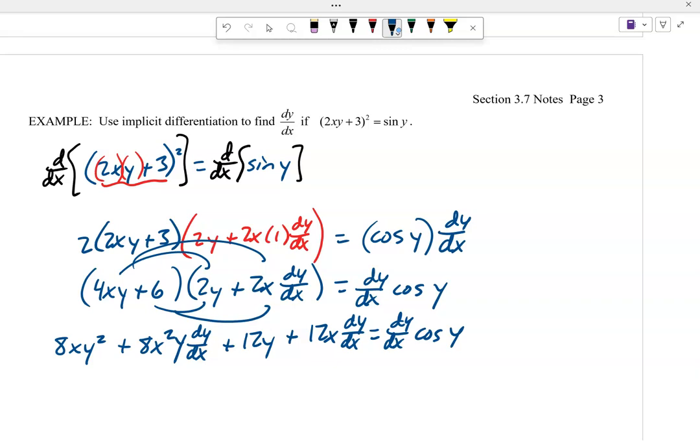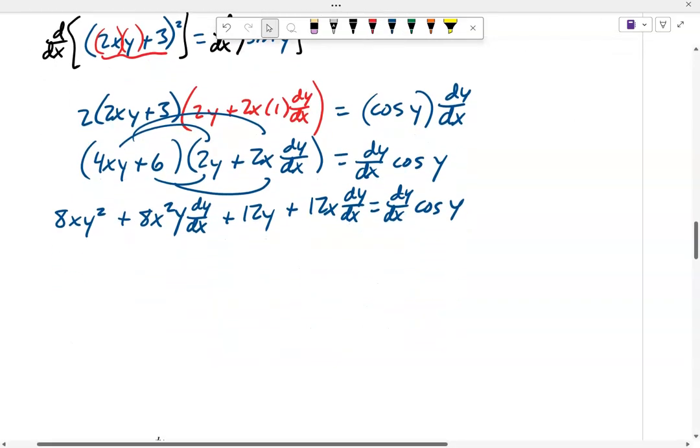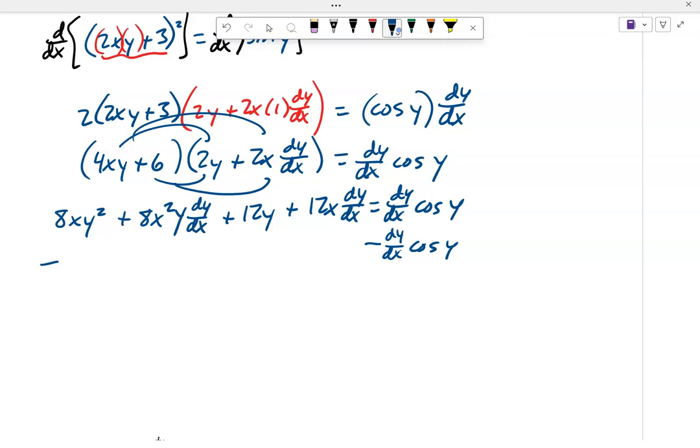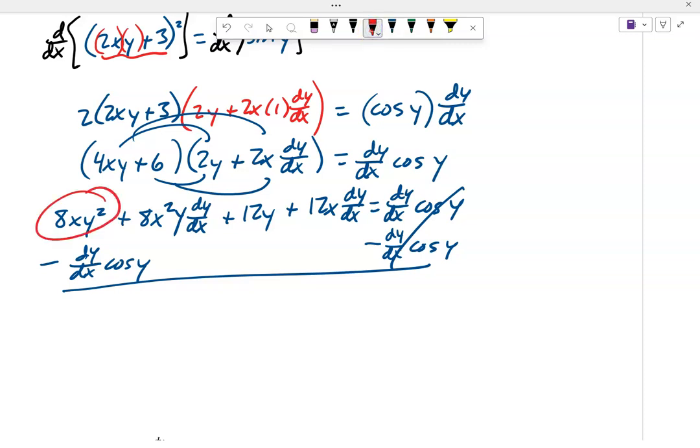I've got to get all my dy/dx's on one side. So I'm going to subtract this dy/dx cosine y from both sides. So that's gone from there. And then I'm going to take that to the left-hand side, so minus 8xy squared. Take that to the other side, so that'll be gone. I'm going to subtract this 12y to the other side, minus the 12y over here. And so I have,